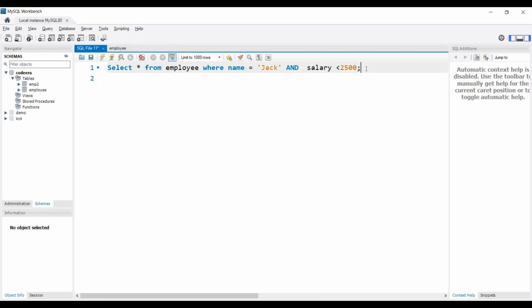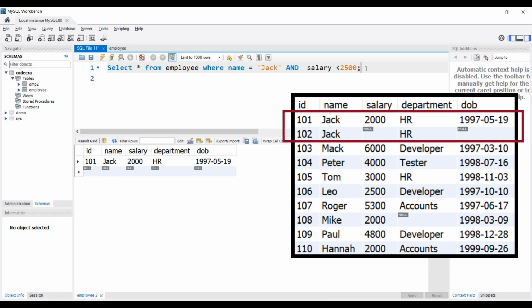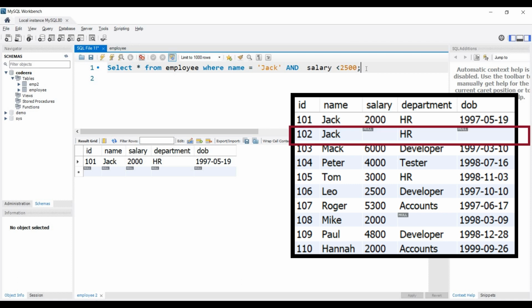Now let's execute this query. Here you can see that we have two records which have name equal to Jack, but we have only one record which has salary less than 2500, because for the other record the salary is null. So the AND operator will return only one record, because for the AND operator all the specified conditions must be true.